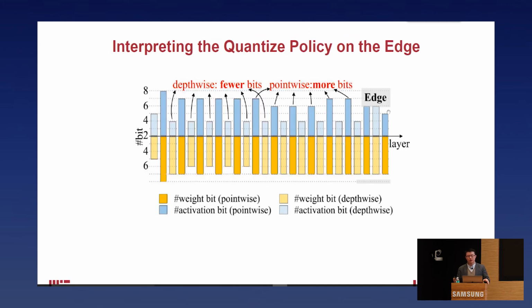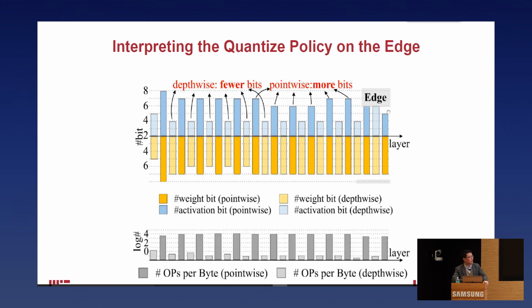And we want to interpret the quantization policy on the edge, right, to see whether the policy given by the automated AI agent makes sense. And we find depth-wise layers get allocated fewer bits, and point-wise layers get allocated more bits. And why is that? We studied a roofline model to see the operations per byte for both the point-wise layer and also the depth-wise layer. Point-wise has more computation reuse, and the depth-wise layer has very little computation reuse. Therefore, it's memory bounded. On the edge device, there's very small memory bandwidth using the DDR3 memory model. So they get allocated fewer bits to reduce this